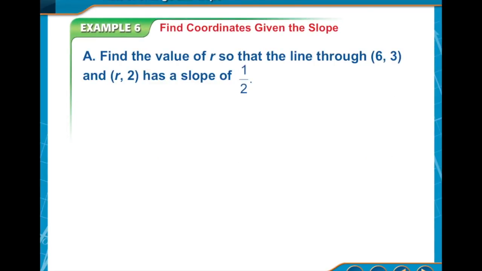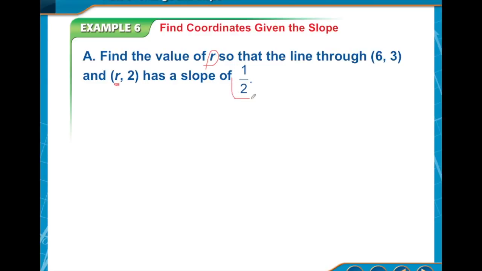Okay, sixth type of example. These are interesting problems, but all we do is use the same formula we've already done, and it's just like every other problem. They give you all the numbers you need, and they leave one out, and you have to find that missing thing. So it's a challenge, but it's easy if you plug in and then you just find what they didn't give you. So find the value of one of these numbers that's missing in our point right here,